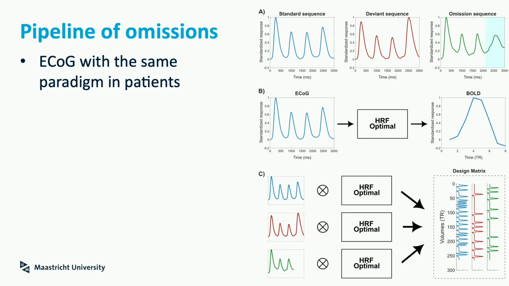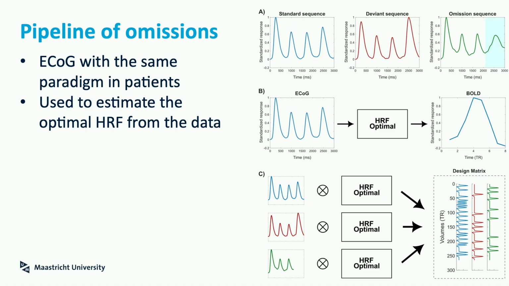To illustrate that there actually is a response of the brain to omitted syllables, I've put above here the ECoG response. And if you look at the omission response, you can very nicely see that there are responses to the first 3 individual syllables. And there is also a response to the fact that we omit a syllable. So the brain responds saying, like, something is missing. What we did is we then tried to use our ECoG response to the standard stimuli and our measured BOLD response to try and find the optimal hemodynamic response function to our stimuli. Mind you, we never measured the actual response to only 3 stimuli.